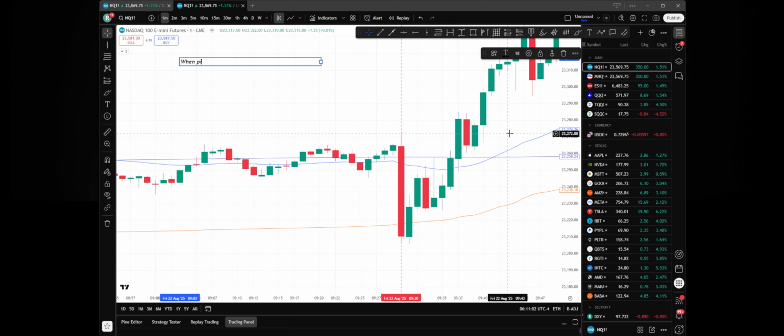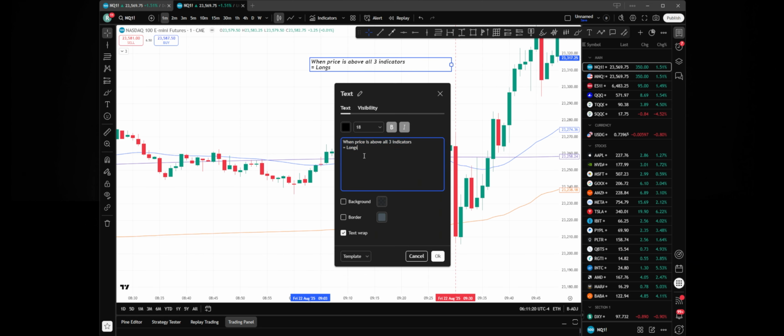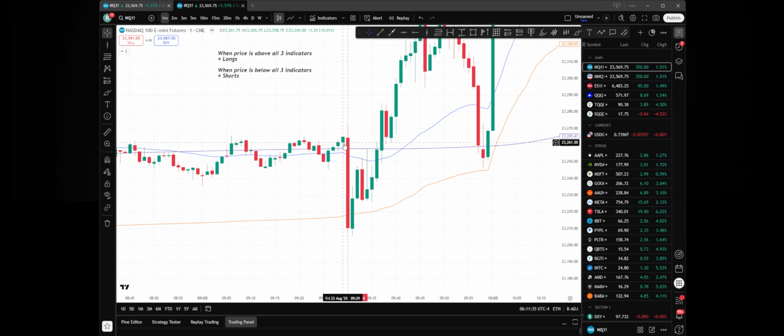When price is above all three indicators, I like to look for longs, right? It's just simple. When price is above all these three indicators, you want to look for long, right? And when price is below all three indicators, you want to look for shorts. Okay, simple. So as of now, you can see the price is above the 200 simple average, the EMA,